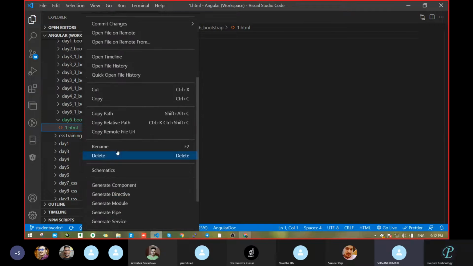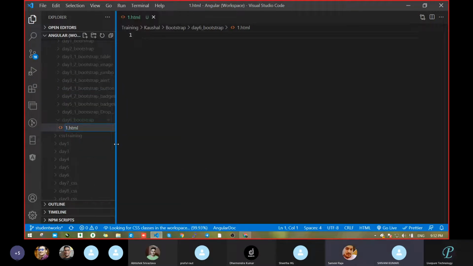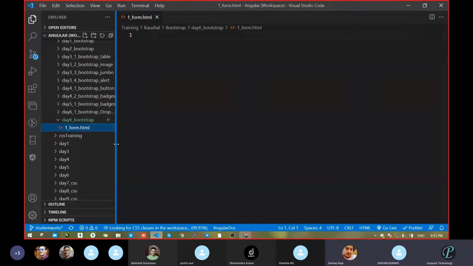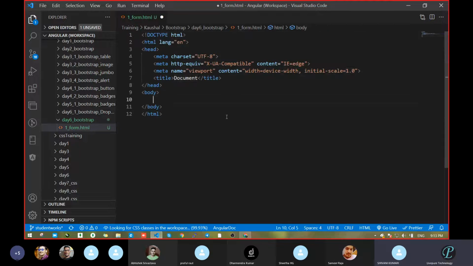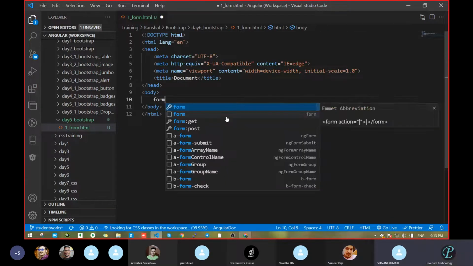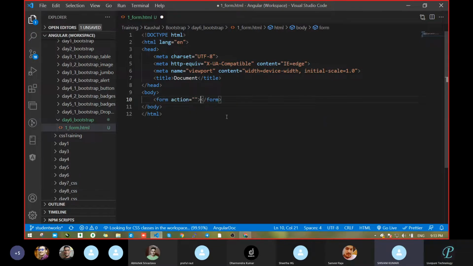Amol is there. Approach. Start. Had you studied form, correct? Or do you want practice? No, sir, I studied, sir. I want two fields, email and password. Start fast. Don't waste time.